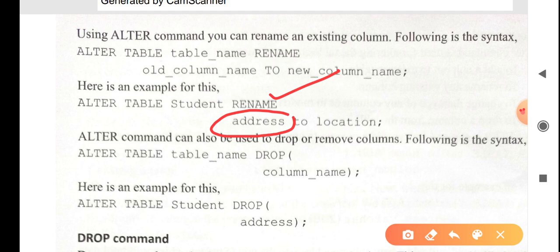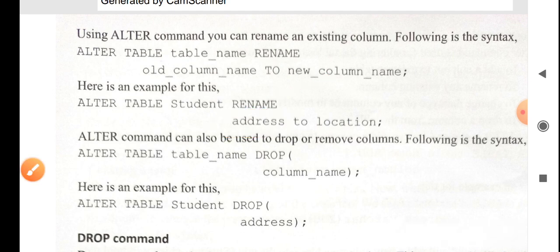After the execution of this command, the column that was previously named address will be changed to location. So with the help of the RENAME command, you can easily rename any previously defined column to the new name.